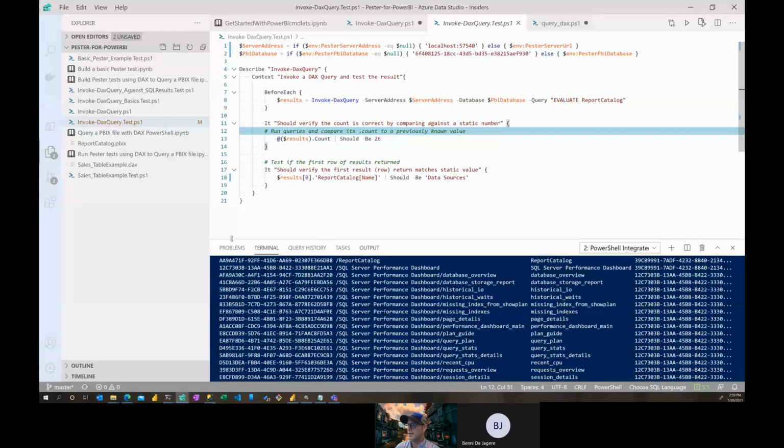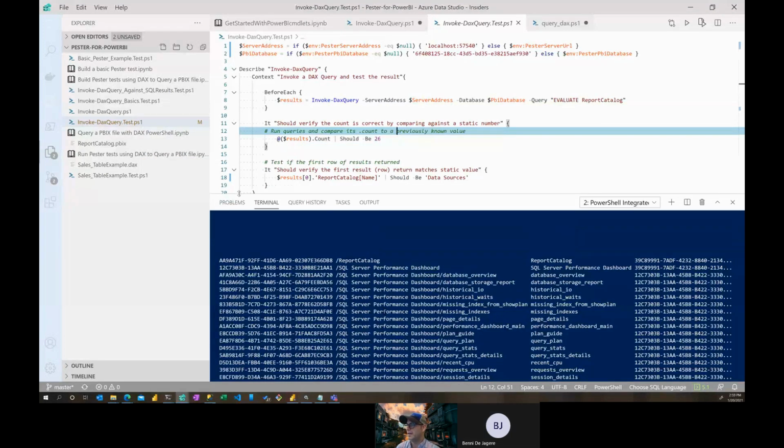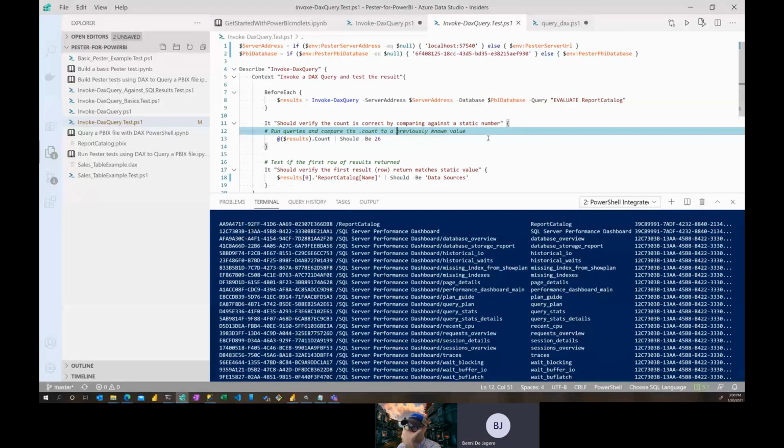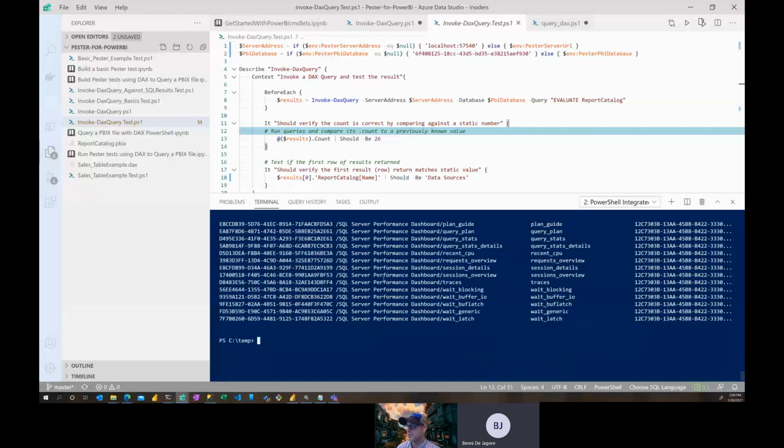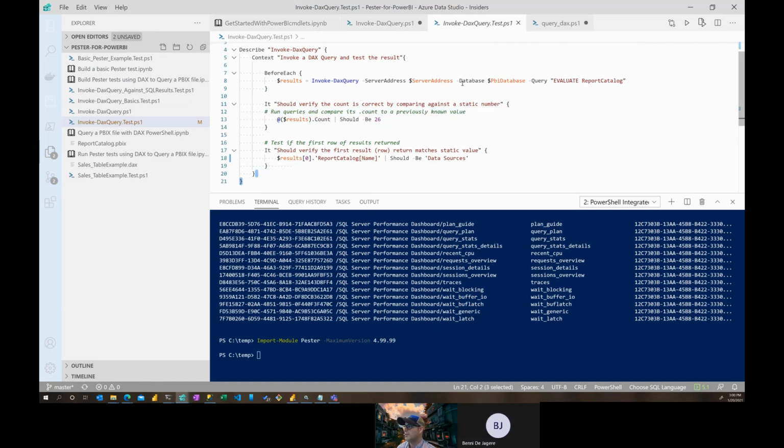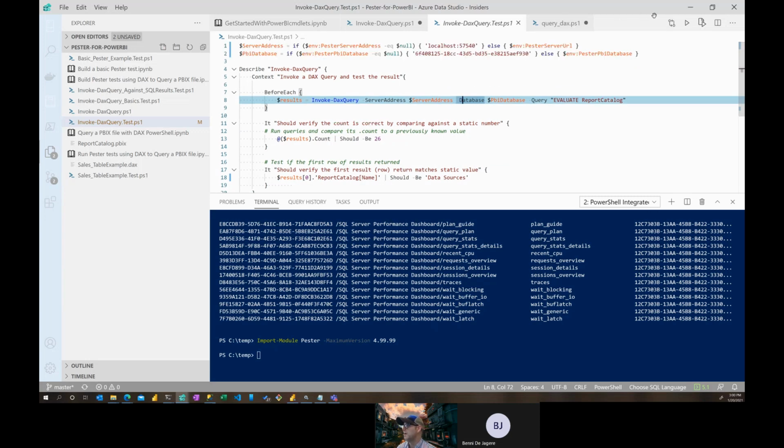All right, so again, to be able to do this, what I am using is a framework called Pester. It actually comes default with PowerShell. The latest version is version 5. I've only for sure made this work with version 4.10. So I'm just going to make sure I load the version 4 version of Pester that's on my machine. And then I'll be able to run one of these tests. So in short, again, I'm just going to go ahead and do that same kind of thing that I was doing a minute ago. Actually, I'll need to